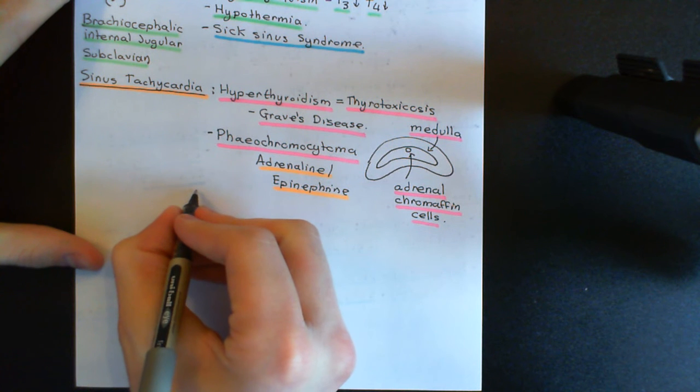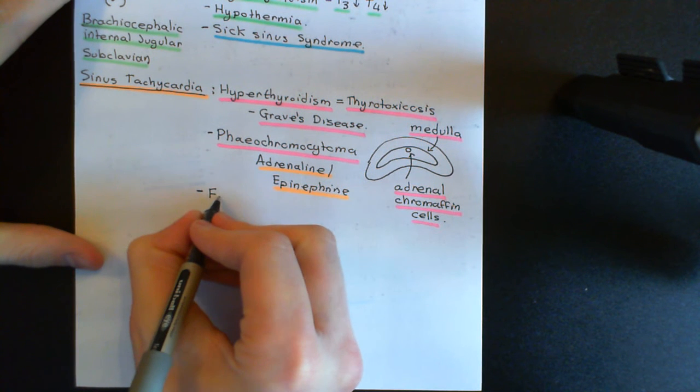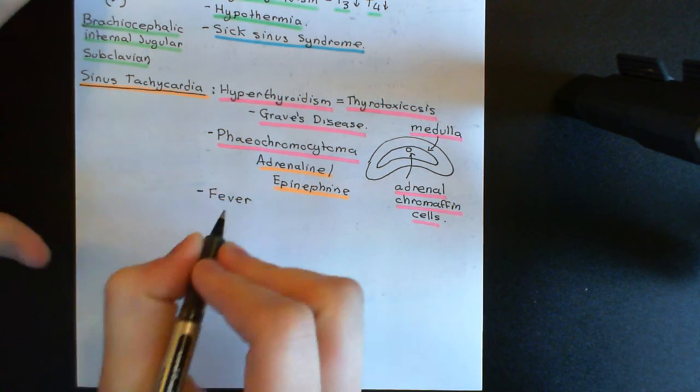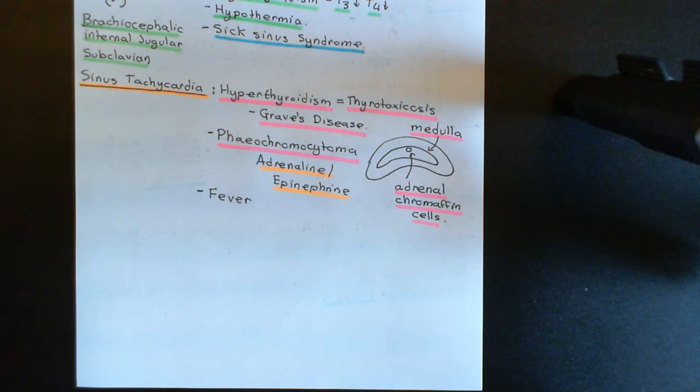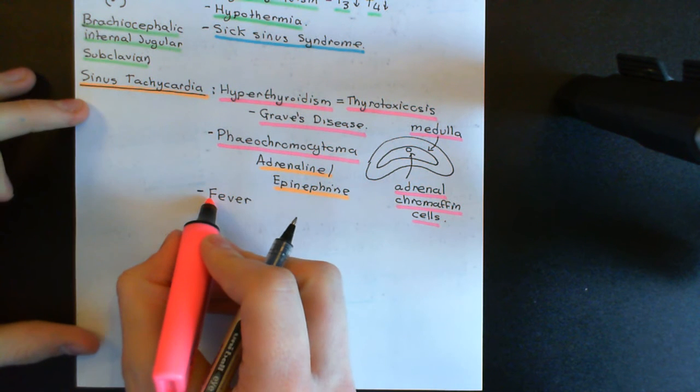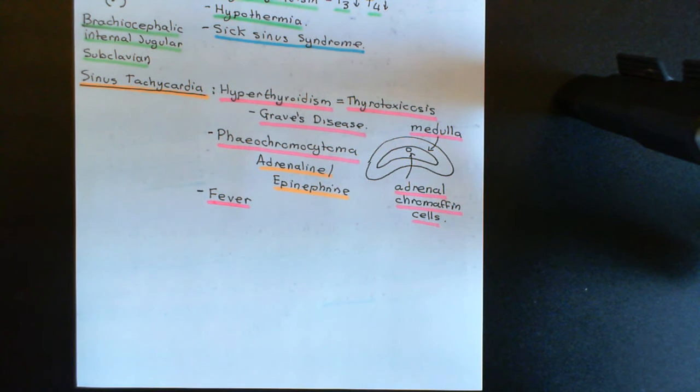Okay, other causes of sinus tachycardia. Also, let me talk about the fact that fever causes sinus tachycardia. So if you're very unwell, you've maybe got some sort of infection, then you'll get a fever, and fever leads to the heart rate going up via activation of the sinoatrial node, it leads to a sinus tachycardia. Now, the reason that fever leads to sinus tachycardia is debated. There are lots of different explanations that are all competing for being the reason for this. Okay, the major reason that I think most people believe is the reason that fever causes sinus tachycardia is that